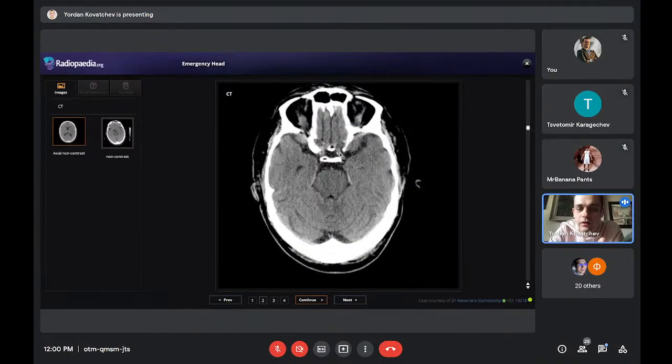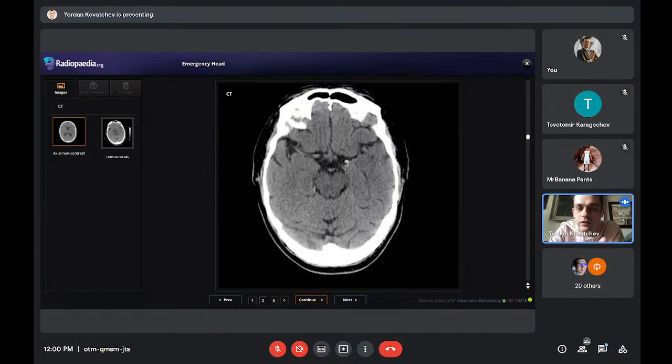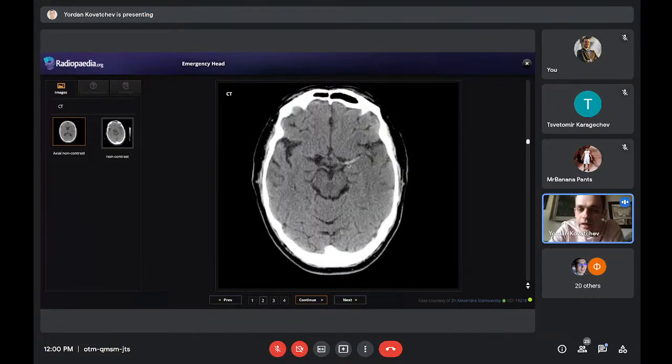On the left side, you see the internal carotid artery enters, and then it's hyperdense. It's almost like the bone here. No, not like this, but it's whiter, right? This is what hyperdense means. It's whiter, and you can follow it. Here it's a really good slice. You can see how it's hyperdense along its way. This is called the hyperdense MCA sign, and it means that this is actually a thrombus.